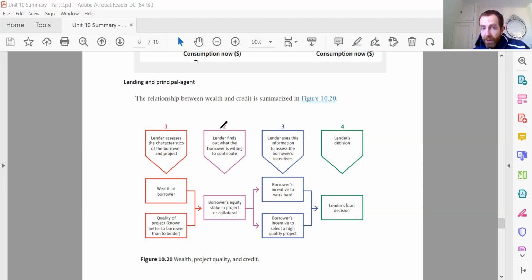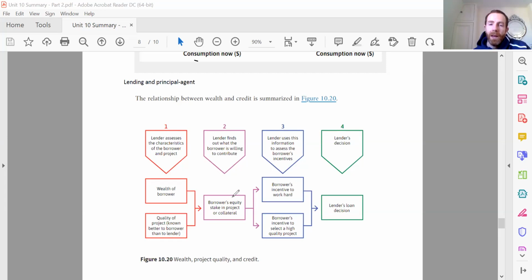Then the next thing, and this is a really crucial tool for the lender, is to see how much the borrower is willing to actually contribute to the project. How much equity are they willing to put in themselves? This is useful for the bank because the more equity that the borrower is willing to put in, the more of an indication it gives the bank about the quality of the project, right? If the borrower has a lot of belief in it and is willing to put in quite a big share, that will make the bank more likely to say, yes, let's go ahead and do that